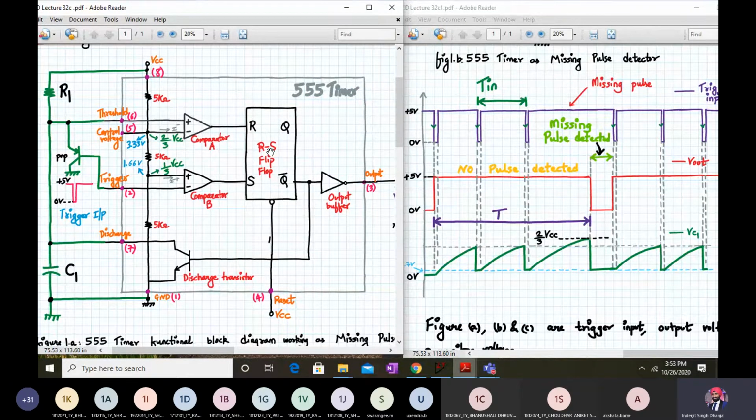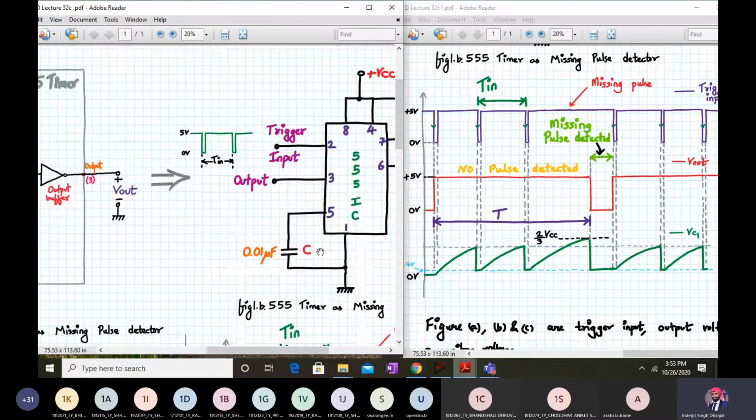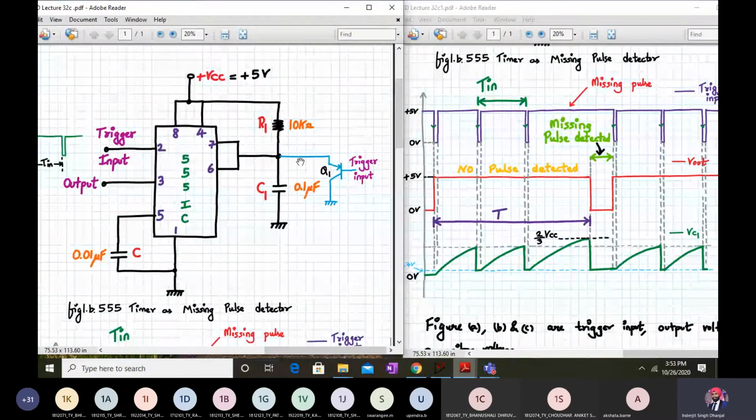Even if you do not have a thorough understanding of the monostable mode 555 timer, I will try to explain it as simply as possible. One thing I want to make very clear is that there is the addition of only one component over here, that is this transistor Q1, a PNP transistor, whose emitter is connected to pins number 7 and 6, the collector terminal is ground, and at the base terminal we are applying the trigger input. That's the only extra thing we are connecting, the blue colored part.